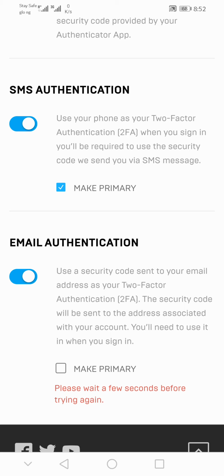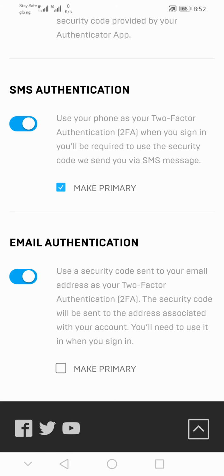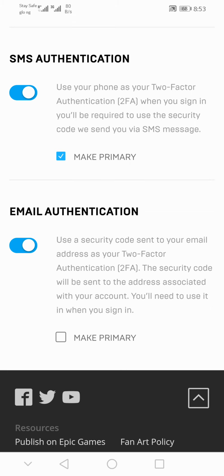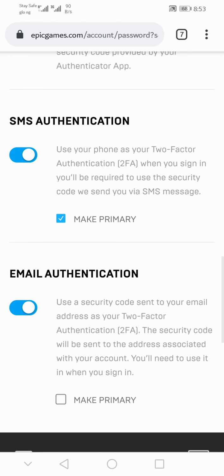If you're always on your mobile phone, then you can choose to use SMS authentication as your Fortnite 2FA. So whenever you want to log into your Fortnite account or access Fortnite on your PS4, your Xbox or your Switch, this authentication code will be sent to your phone via SMS message. And if you choose email authentication, each time you want to log into